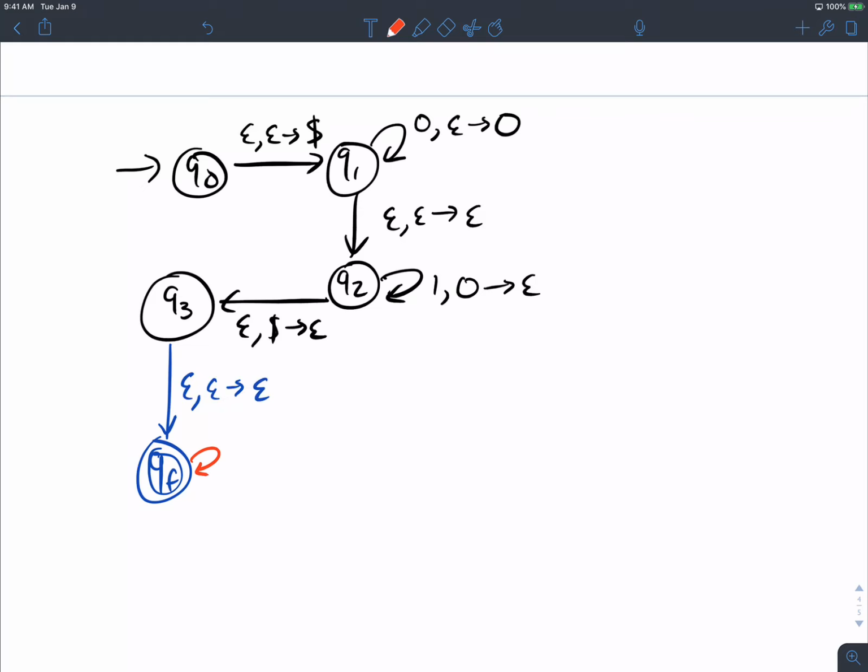So what are the stack symbols in this case? 0 and $. I could put additional symbols in the stack alphabet, but we never use them anyway, so we might as well just deal with the two symbols that we have.